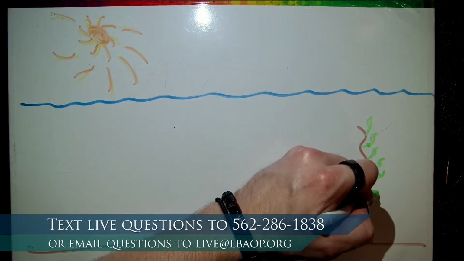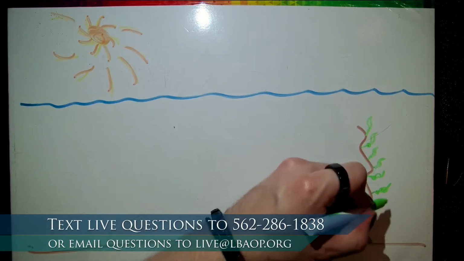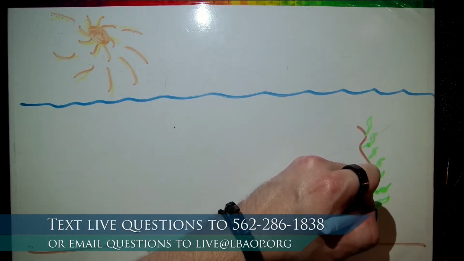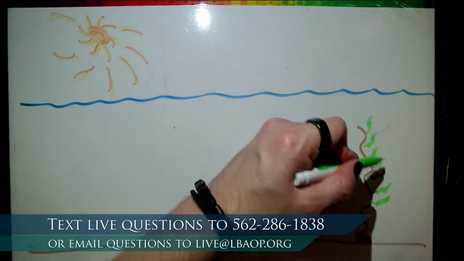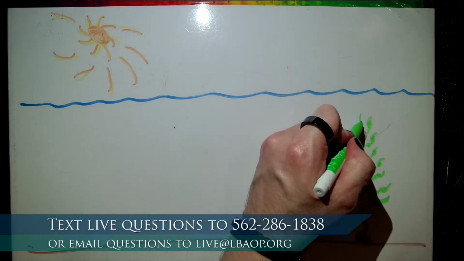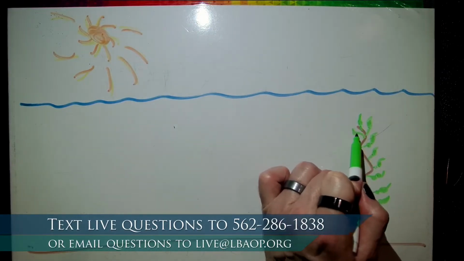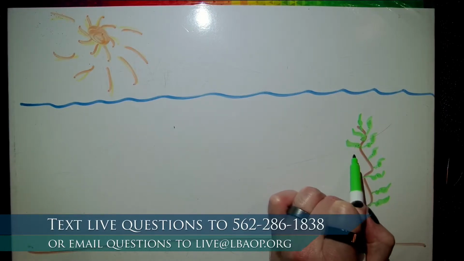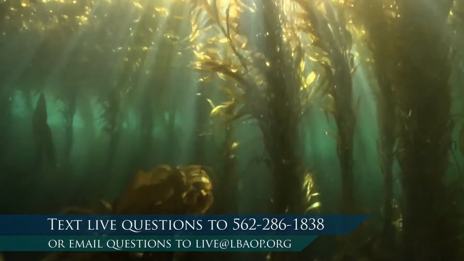Trees have hard structures in their body that help them stand up. If you ever have looked at firewood, or you've broken open a stick or something, you might see inside is a structure that is kind of stiff and rigid. It helps trees stand up. So they can do that out in the open air, but in the ocean, seaweed needs to be a little flexible. Maybe Courtney will show us seaweed moving around in the ocean while I finish drawing my seaweed.